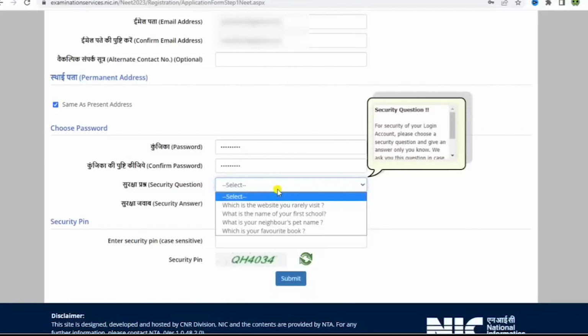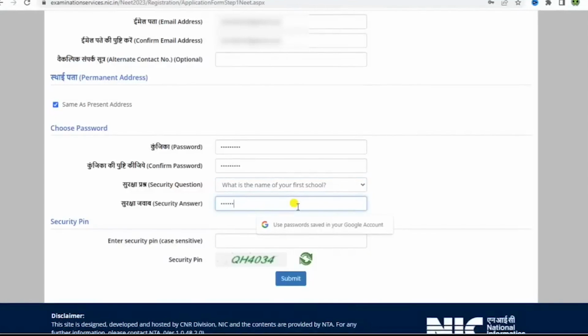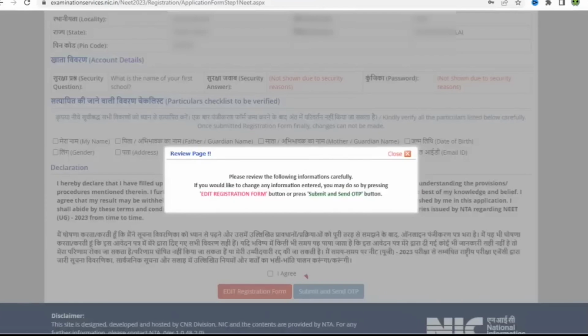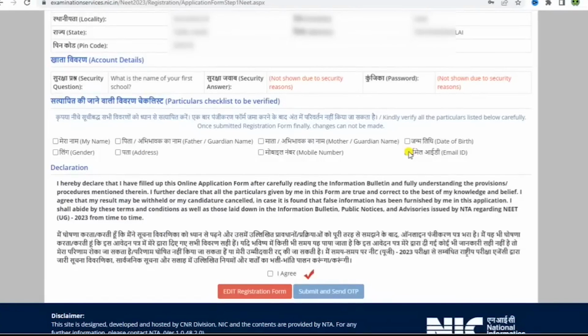There will be a set of security questions. Select one from these and then enter an answer for the security question. Then enter the security PIN that's mentioned below and then proceed to submit. A review page will pop up. Just close it to move forward. Click on these boxes for verification purposes. Click it one by one